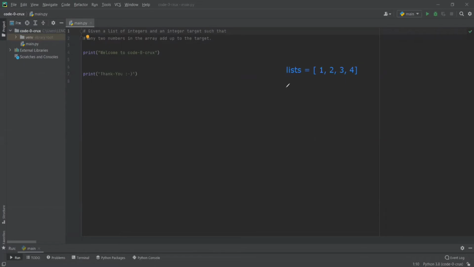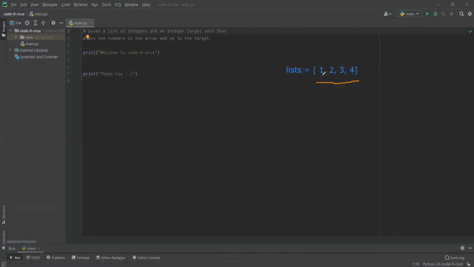So this problem is a very interesting problem. This is about lists, but we will first see the prerequisite for the problem. A list is a data structure in Python. Data structure means it just stores data. See, this is data and this is an integer data type. It can even store strings, and it can store integers and strings both in the same list. This is a feature of lists in Python.